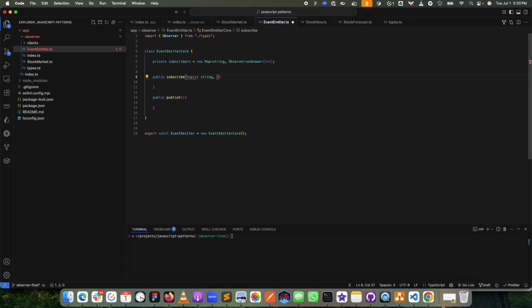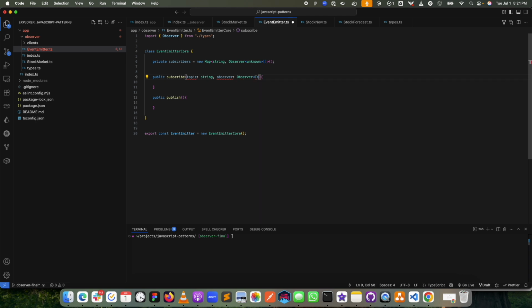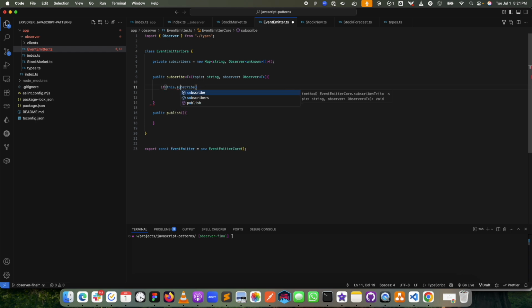Now our application is going to call only the observer. So we can have observer, and we can provide a type T, and to make this generic work, let's provide it here. This will provide us some kind of type safety. In that case, you cannot just provide any observer, but you have to make sure that only observers of the type you provide can be called here. Now we have the topic name. So first of all, what we need to do is add to the observers. For that, let's do a check first, on this dot subscribers